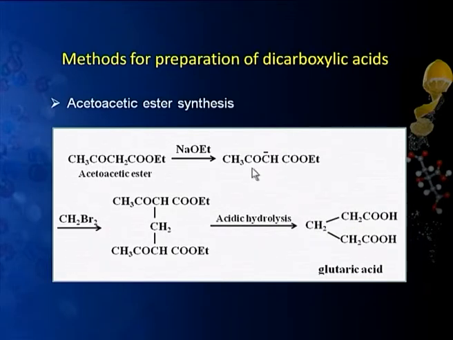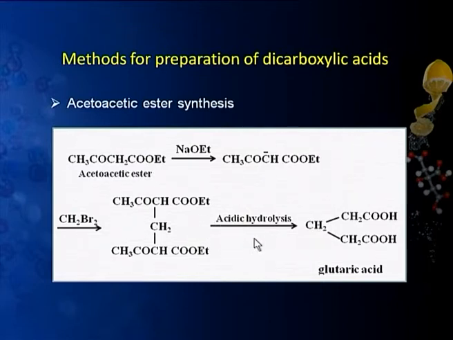When this molecule is treated again with some dibromo derivative, in this case, just to show an example, we have taken dibromomethane, that is the 2 bromine atoms are attached to the same carbon. The 2 molecules of this anion from acetoacetic ester replace the bromine and they attach to this CH2 group, one here and one here. We can apply similarly malonic ester also on this CH2Br2. They are quite parallel methods. The only thing is that the last steps are different.